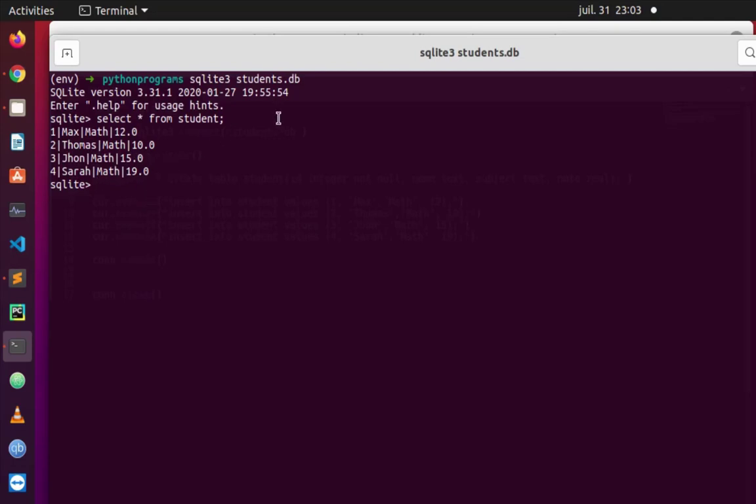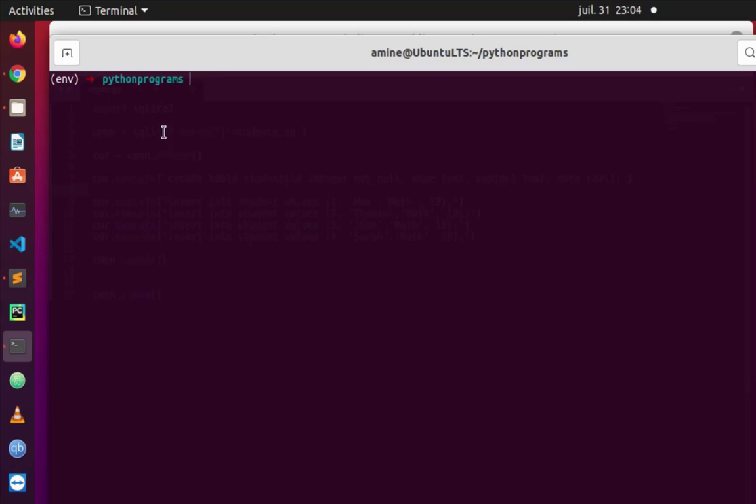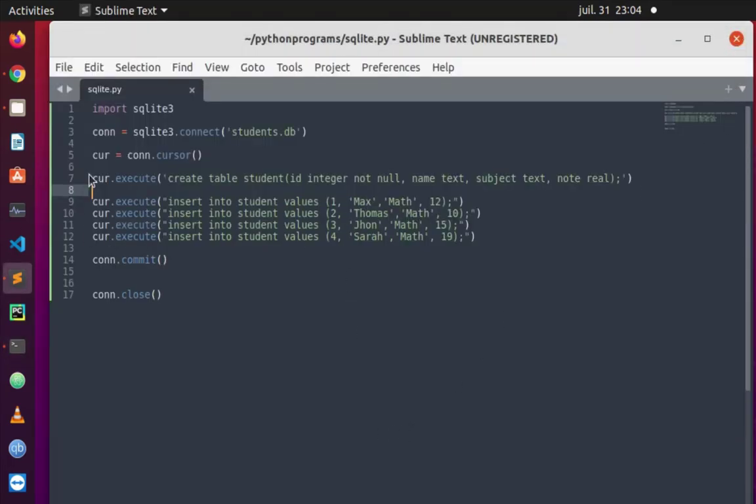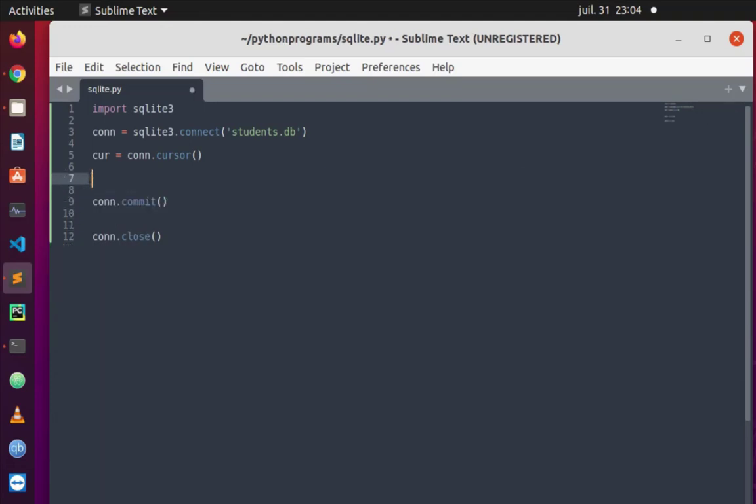Okay, so I have successfully used Python to create a database called students with the table called student, and inside it we have our 4 rows. Now let's actually use our script in order to print the same result but using SQLite. So I will get rid of all these statements here because we don't want to create any table or insert any values. We want just to print all these rows. So in order to print it, we'll use the print method,